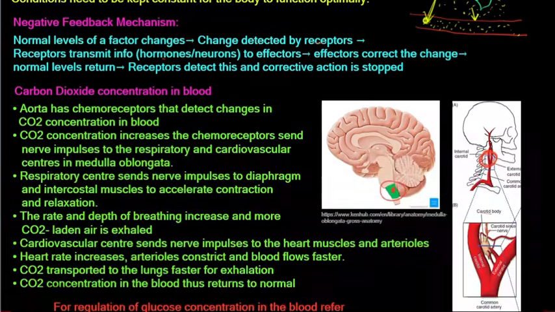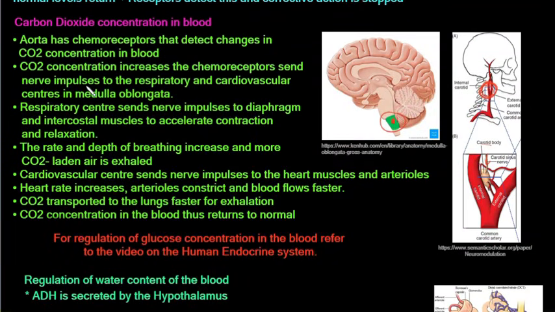Just a quick drawing of that. So the CO2 concentration increases, the chemoreceptors send nerve impulses to the respiratory and the cardiovascular centers in the medulla oblongata. The respiratory center sends nerve impulses to the diaphragm and the intercostal muscles to accelerate the contraction and relaxation of those muscles. And then the rate and the depth of breathing increases, and more carbon dioxide laden air is